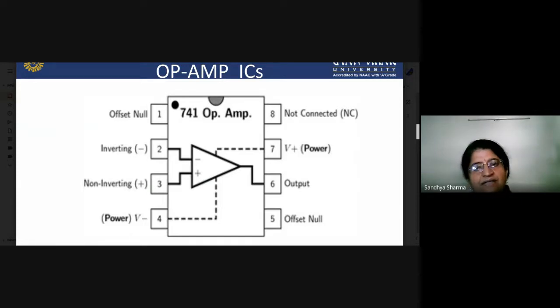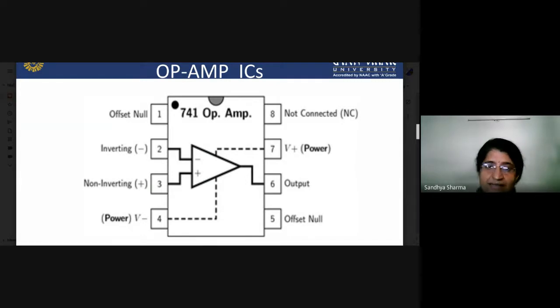Pin number 6 is the output terminal. Pin number 7 is again a power supply. So pin number 4 and pin number 7 are the power supply pins. Pin number 4 is connected to the negative power supply, and pin number 7 is connected to the positive power supply. Pin number 8 is not connected; it is vacant in the 741 IC. It means the 741 operational amplifier is a 7 pin IC, but to maintain uniformity of pin numbers, it is designed as an 8 pin IC, and the 8th pin is not used in particular applications of the IC.